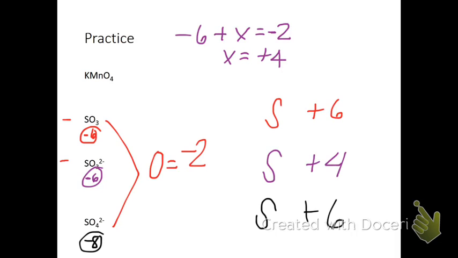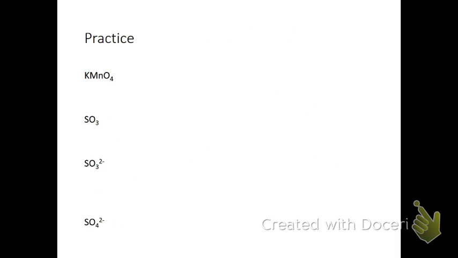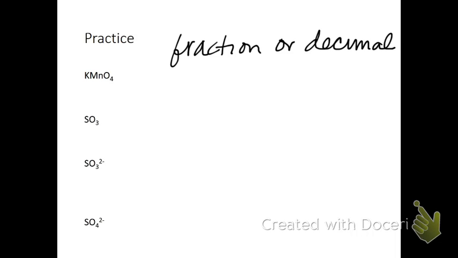And also I want to mention to you, and you can write this note under the rules if you want, since we're still on that front page, that it is possible, and actually it can sometimes happen, that occasionally you will get a fraction or a decimal number for your oxidation number. So fractions or decimals are possible. And I want to show you an example. Sometimes it freaks people out because they're like, what? It's not a whole number. But if, let's say I was doing C4H10,